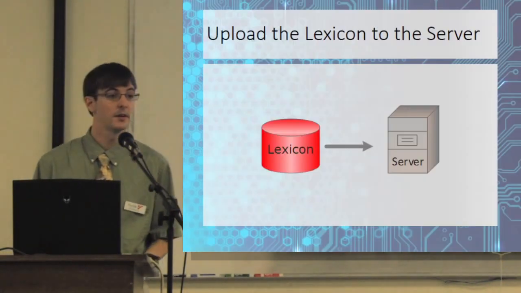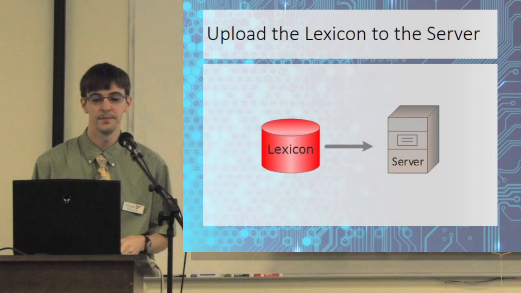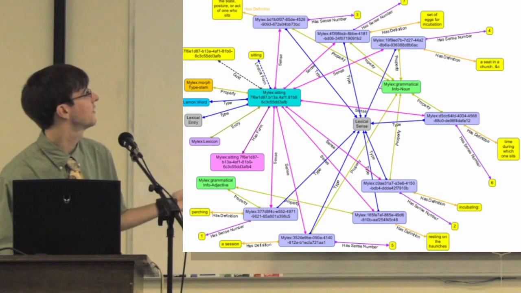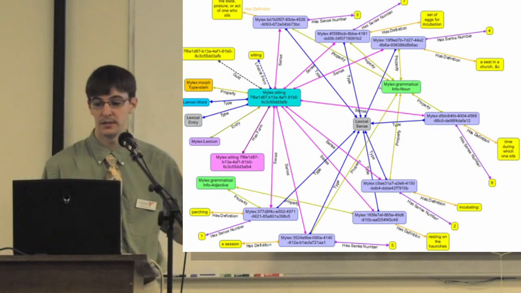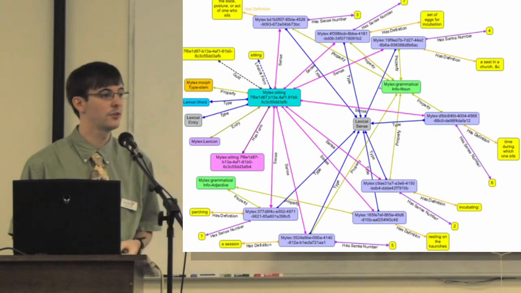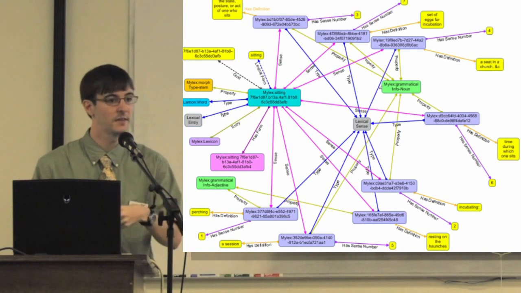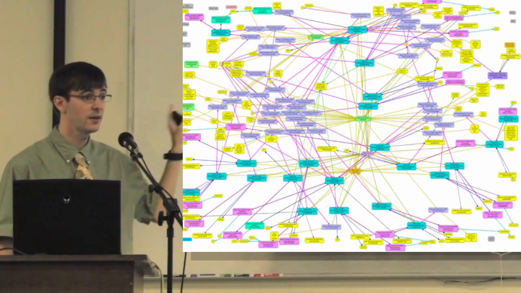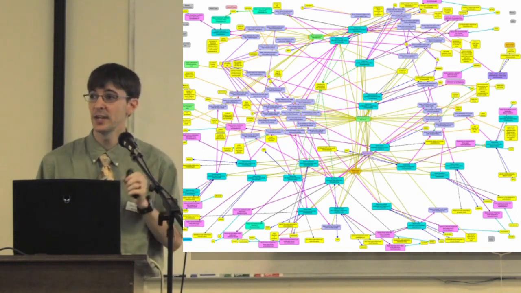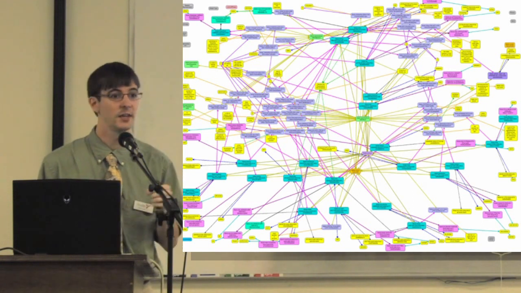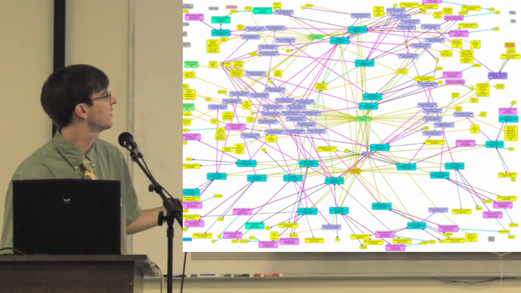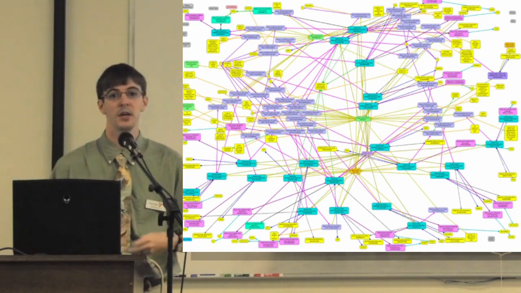So then I uploaded the lexicon to the server. And this is what I got for one entry. This is actually the entry for sitting, and this is what's on the back. And that's just a single entry with all of the linking that shows all the information that is implicit in the structure and the data. So this is actually that whole page of the dictionary, all of the points in that same format. There are 884 facts, 884 pieces of information now, because I have put it in this structured format. Some of those are sense numbers, and some of them are types and things, but it allows you to do really interesting searches across it.